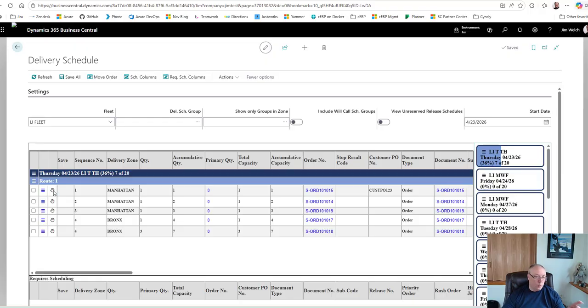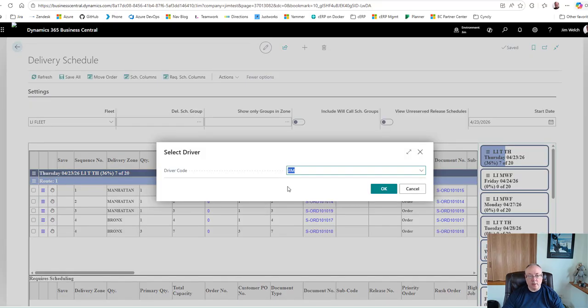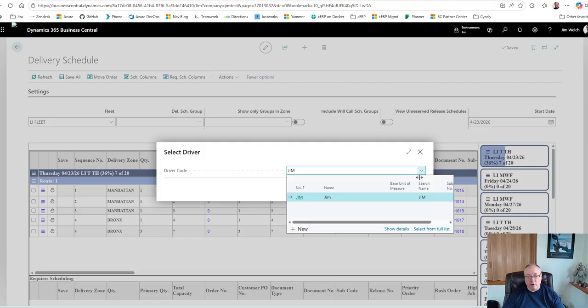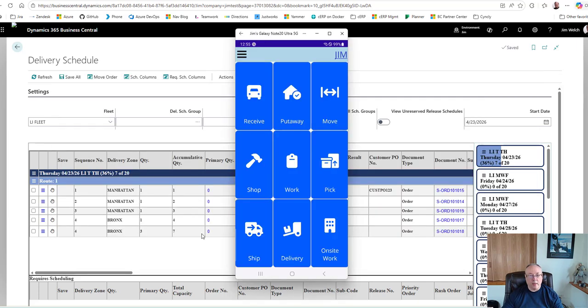Before we go back to the app, one small thing we added here, you can always assign a truck with a driver to the route, but we added, if you weren't doing truck setup, you can add the driver directly. Add driver, this is the driver, Jim, hit OK, and the driver is added to the route. So now when we go back to delivery, you'll also notice that this route is for today, April 23rd, right? So if I go to delivery,